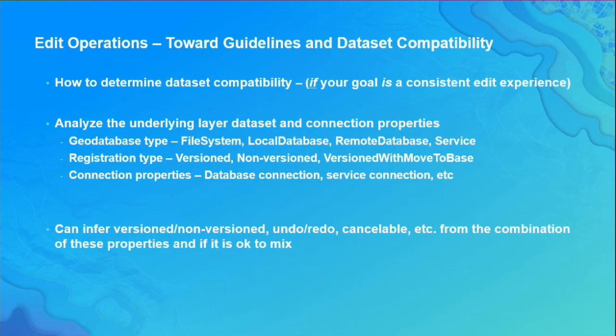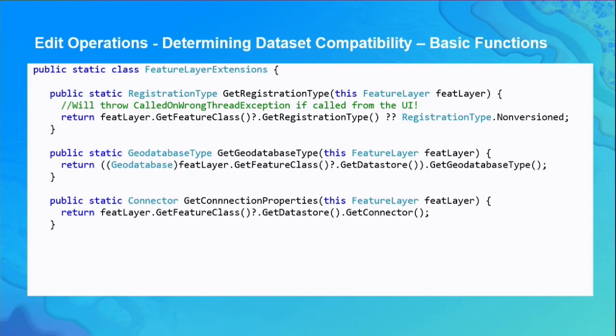In those situations where you do not know if a data set is compatible, okay, so you are writing some generic editing capability, and in your table of contents, you have a set of layers and you don't have any idea, okay? So this is actually how you determine whether they are going to be compatible from the standpoint of undo, redo, or cancel. There's three aspects, geodatabase type, registration type, and the connection properties that you analyze. It's not necessarily intuitive, which is why we put this content together. But these are the three properties that you need to look at. And from that, you can basically infer everything. You can infer whether they're versioned or non-versioned, undo, redo, cancelable, so on and so forth, from the combination of these properties. So if you want to avoid mixing up front,